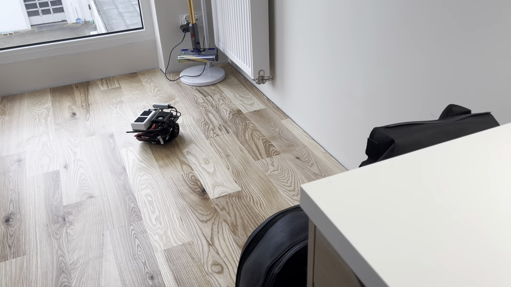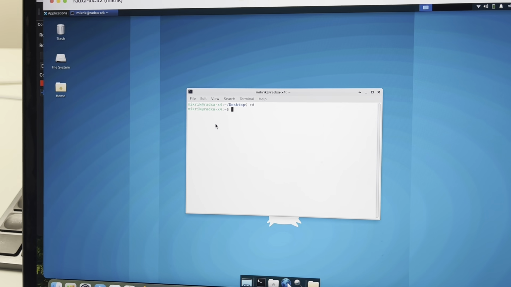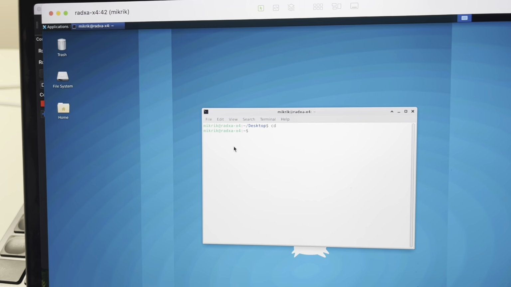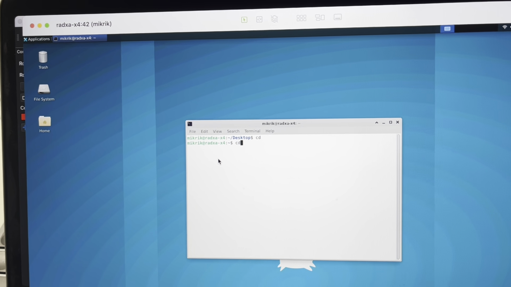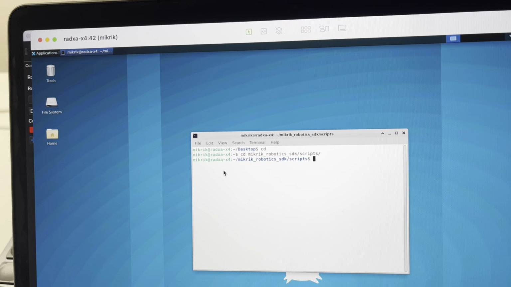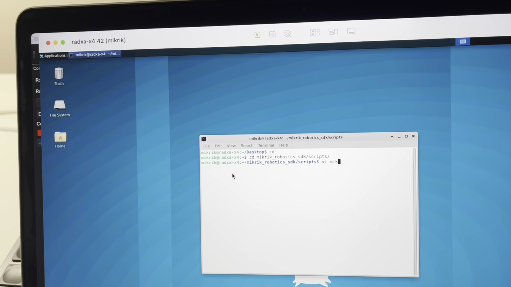We can control the robot. Now I'm in VNC on Radxa X4. First, it's necessary to launch the bridge. To launch the bridge, we go to microscripts, open the bridge file,